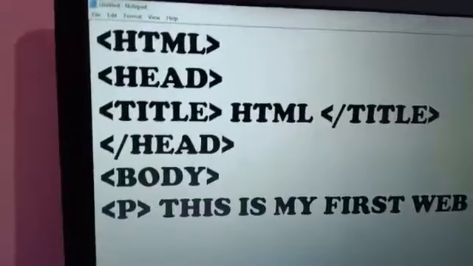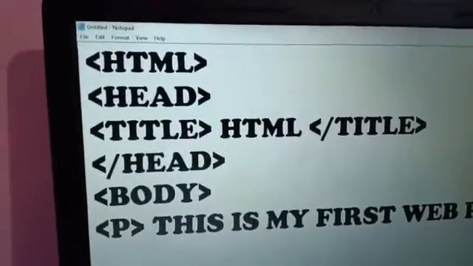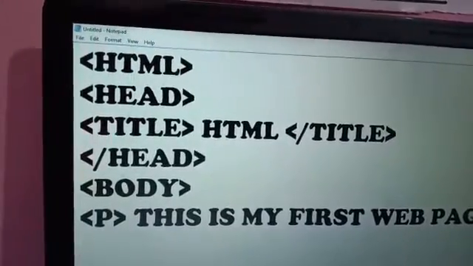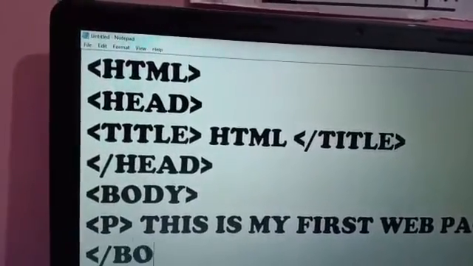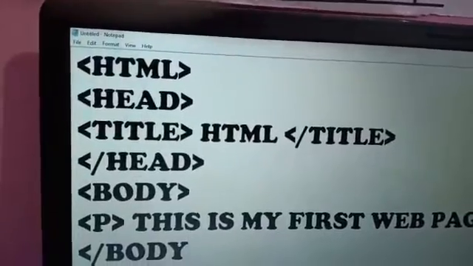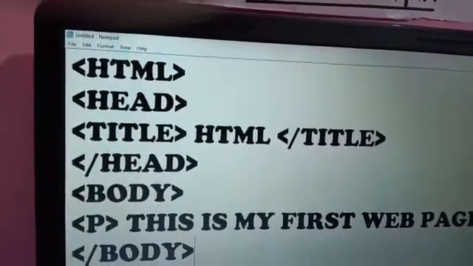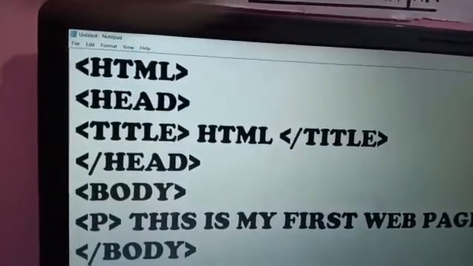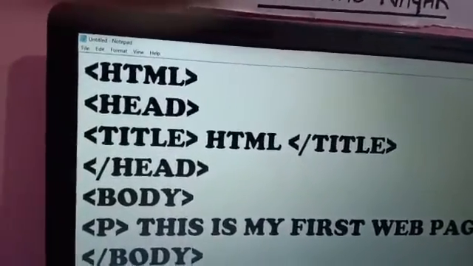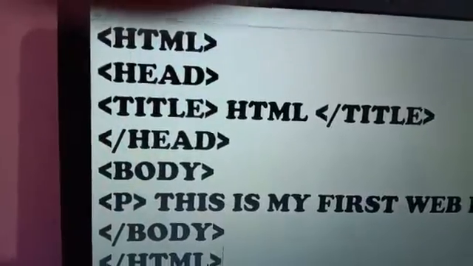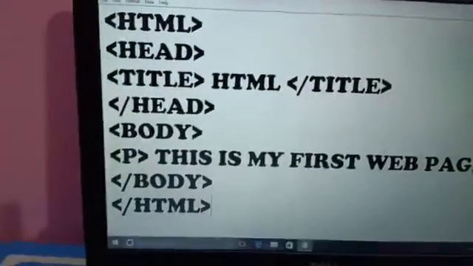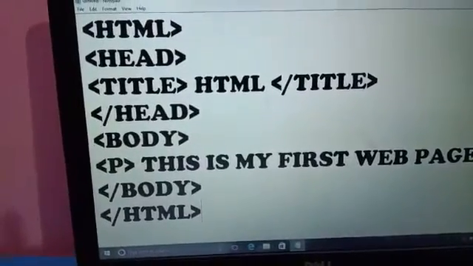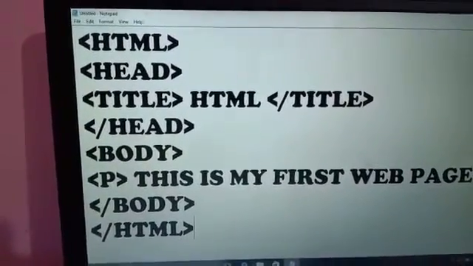After writing down the information, you have to close the body tag, and when all details of all the tags are given, after that you have to close the HTML tag. You have to use all these tags when we want to create a web page.